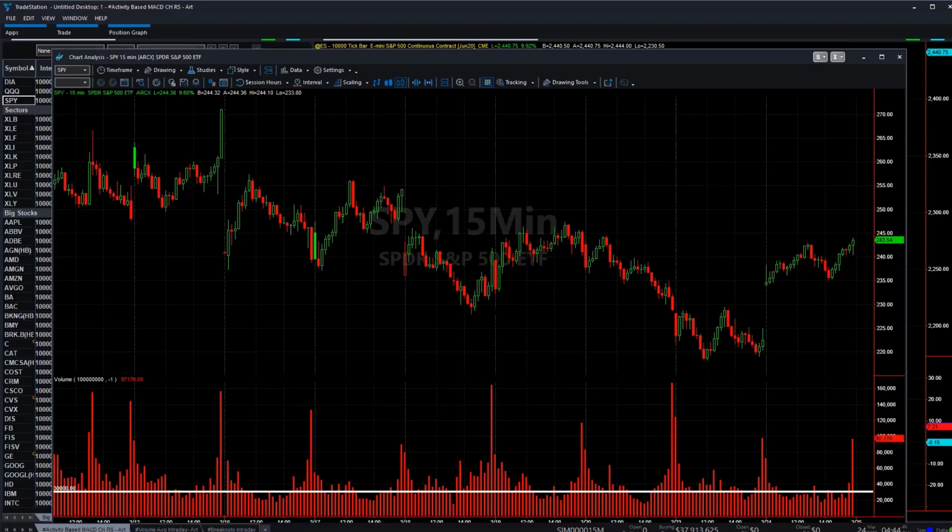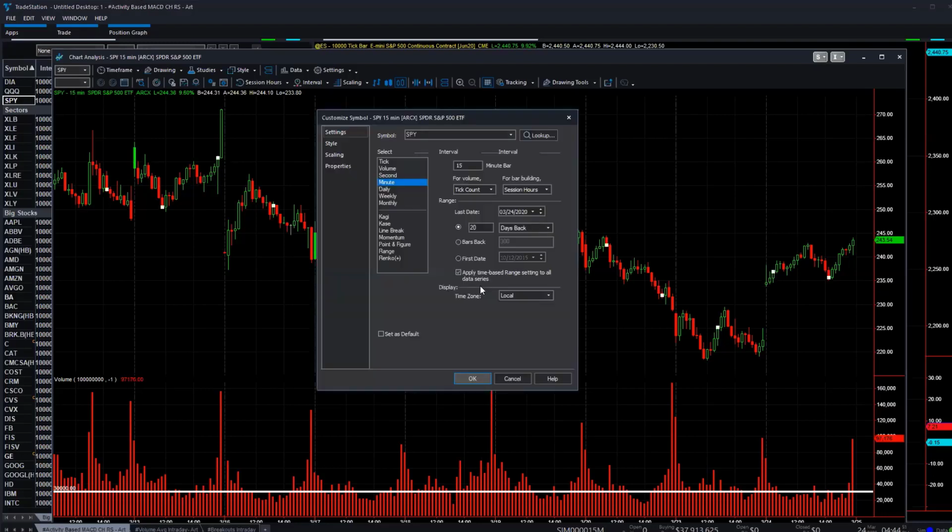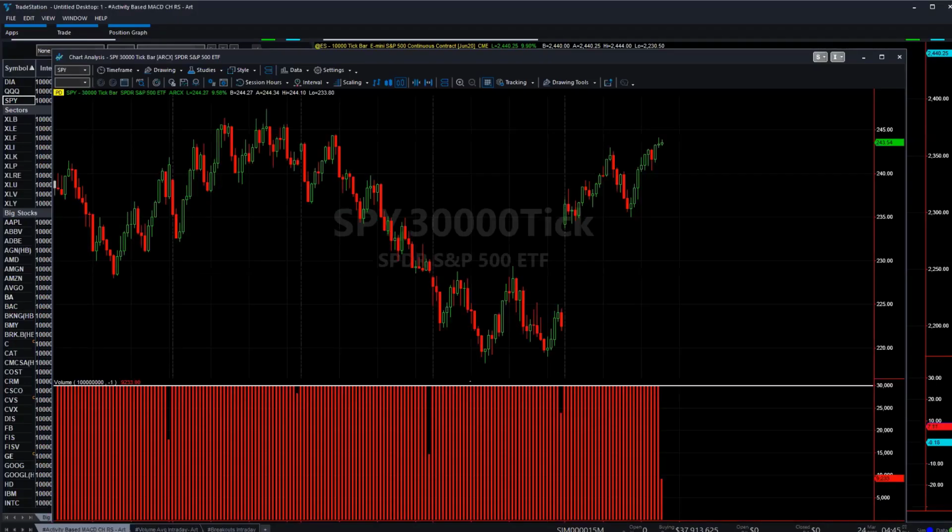So this is how we're going to do that. We're going to go back and double click on the bars, and I'm going to change this to a tick chart. So now the bars are built on some number of trades, and I'm going to set that to 30,000. Click OK. And it takes a little while